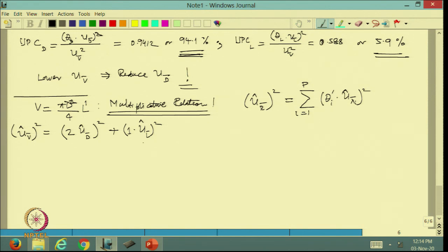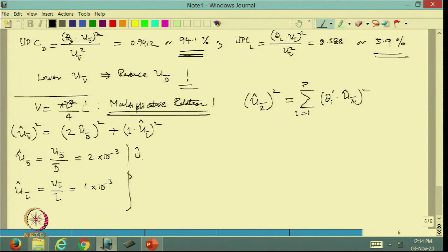We can calculate u hat d bar, which is u d bar upon d bar, and if you do this calculation, the answer is 2 into 10 to the power minus 3. We can calculate u hat L bar, which is u L bar upon L bar, which is 1 into 10 to the power minus 3. And when we put it in this relation using these two,